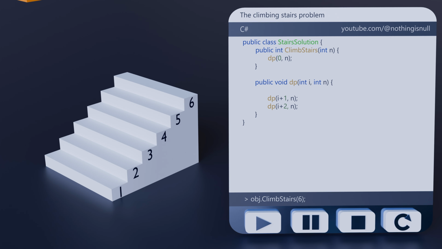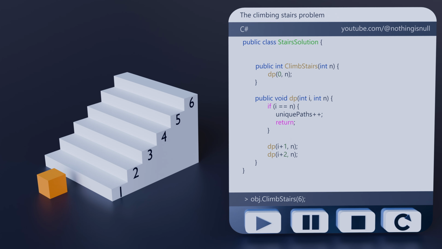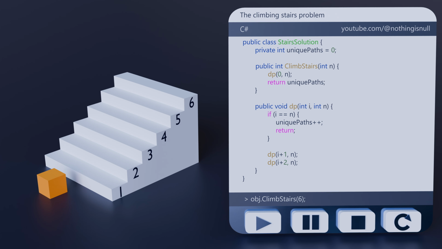These are the conditions that tell our function when to stop, ensuring it doesn't run forever and only counts valid paths. So when we've reached the top of the staircase, that means when the current step is equal to the number of steps, we can increment a variable as we've found a valid solution and return the execution flow. If we overshoot the top of the staircase, then we can no longer build into a valid solution, so we can simply return from this. Now we have a valid recursive solution for our problem.